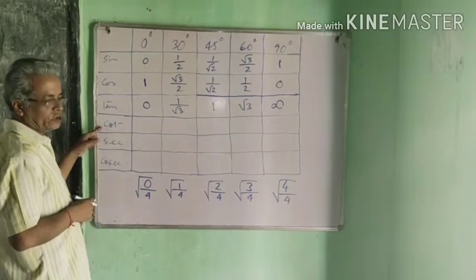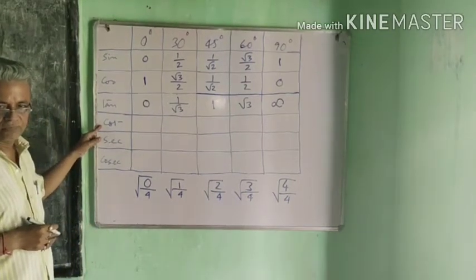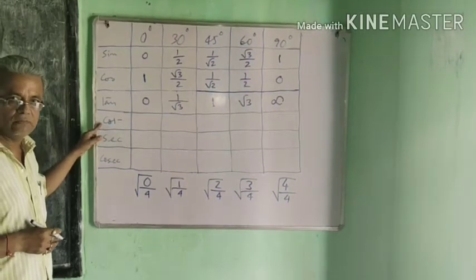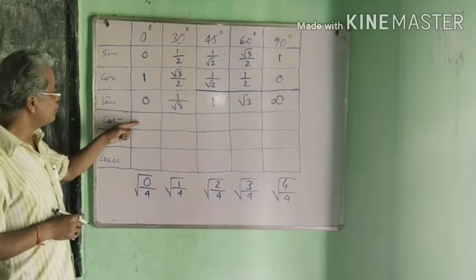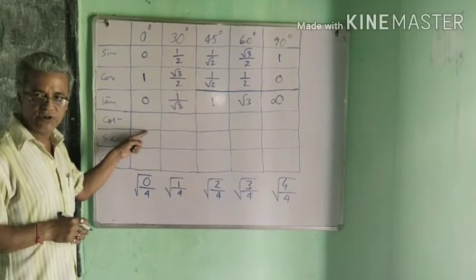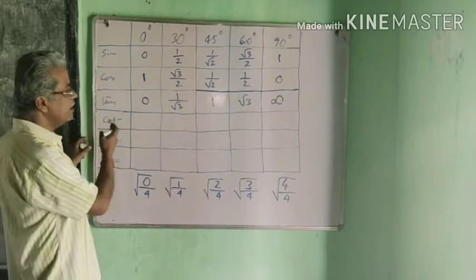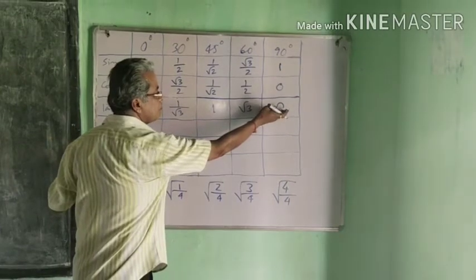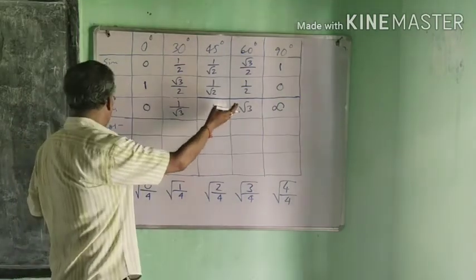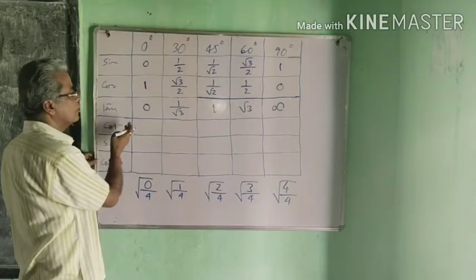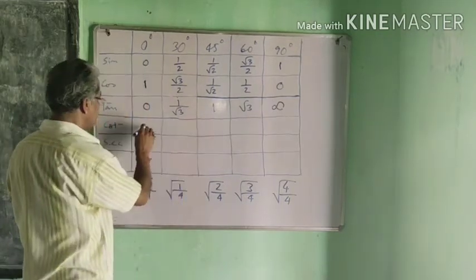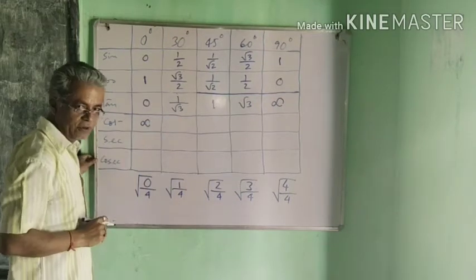Now come to cotangent. Very easy. Cot is the reciprocal of tan. So cot 0 degree is 1 by tan 0 degree, ultimately 1 divided by 0, again meaningless. Also in this manner, if we write the values from the right side to the left side, we can find the values of cot. So cot 0 degree is meaningless, 1 by 0, that is infinity or meaningless, whatever.